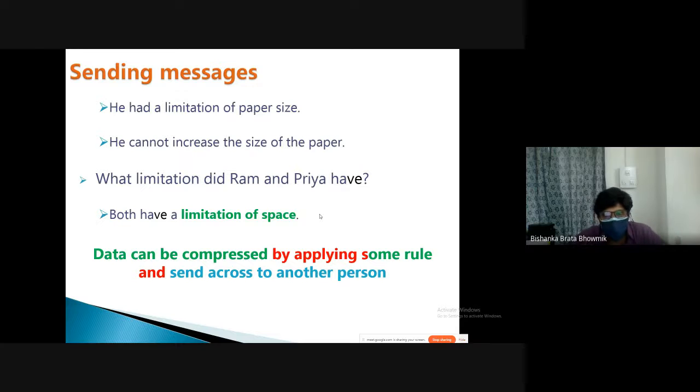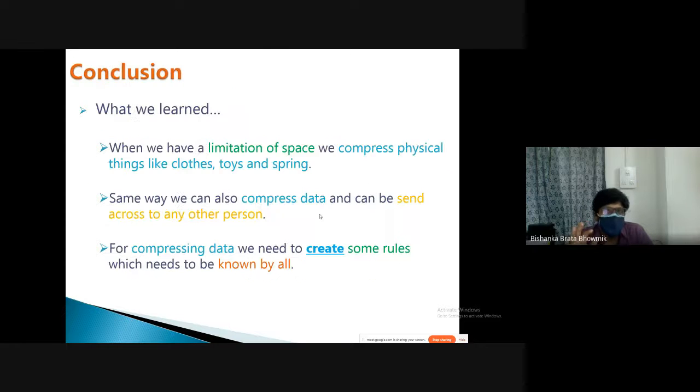One is the space on the paper, and in the other case, the stuffed toys, he again has a limitation with space. Both applied some rule for compression and then sent it to another place or another person. Okay. This is how you will understand compression and decompression.